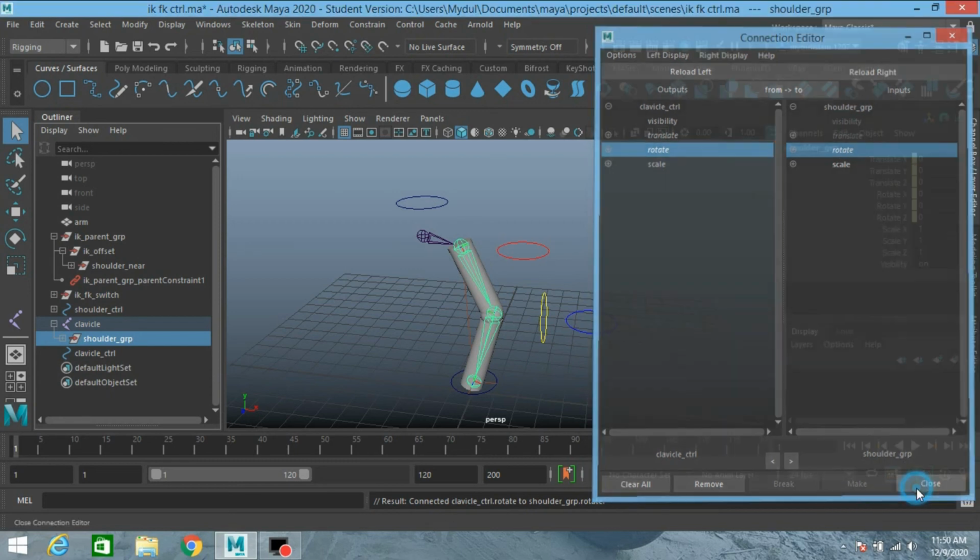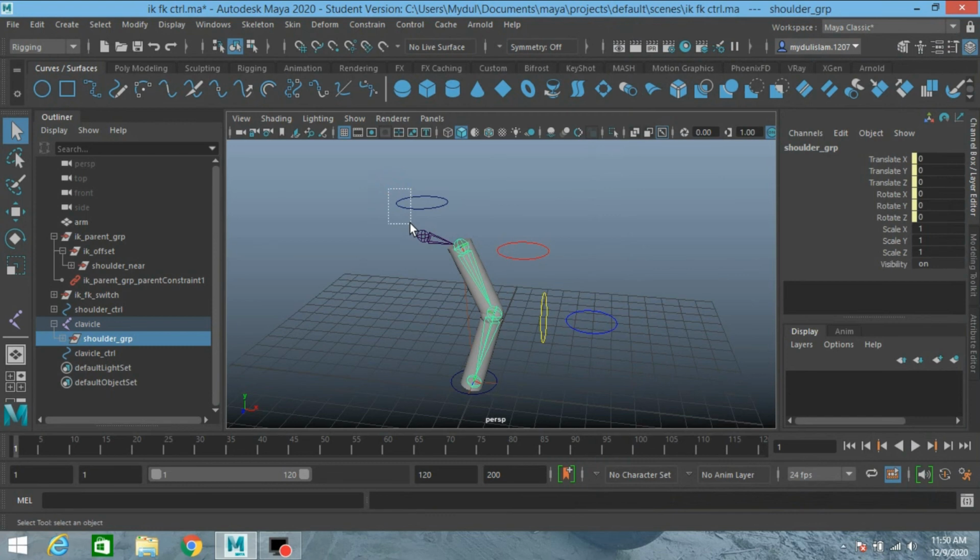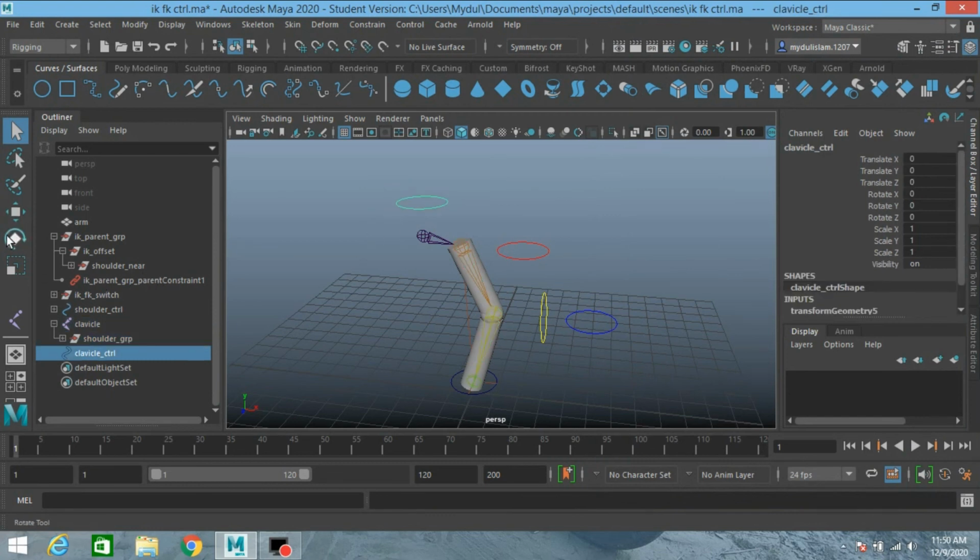Now close it. Select this. See, rotate and see the effect. Move and see the effect. See, Ctrl Z to undo.